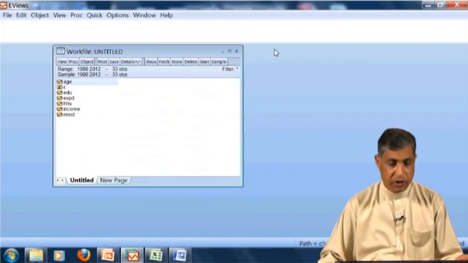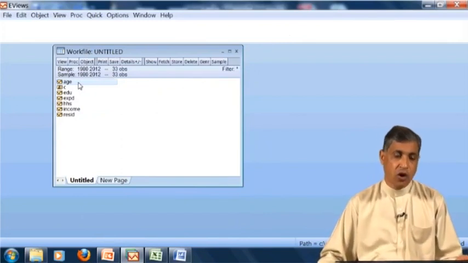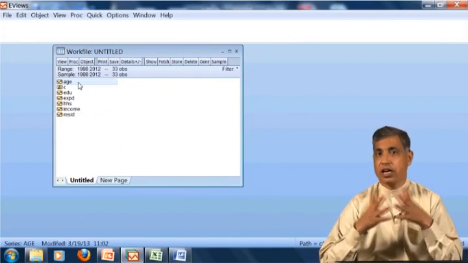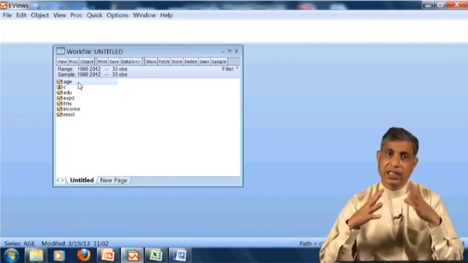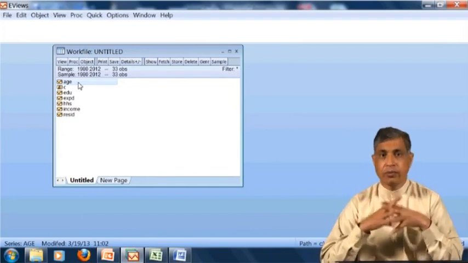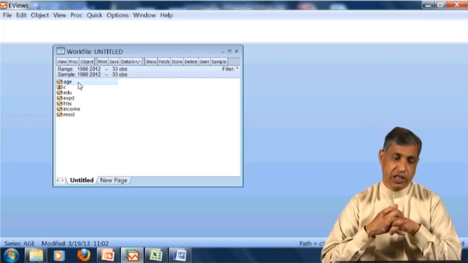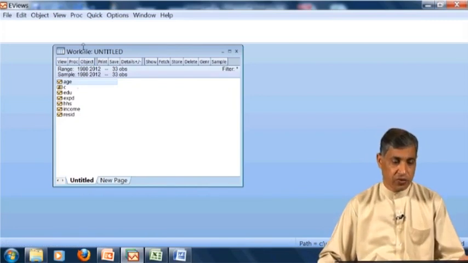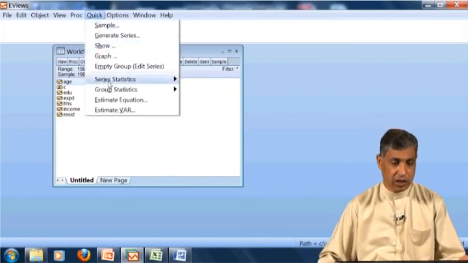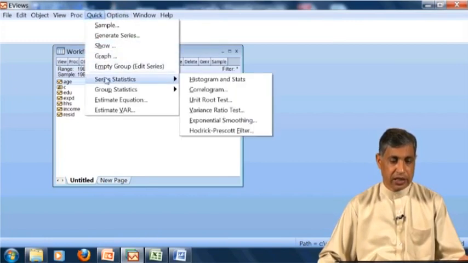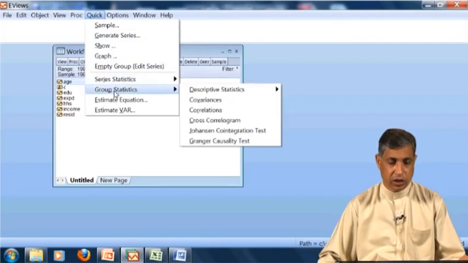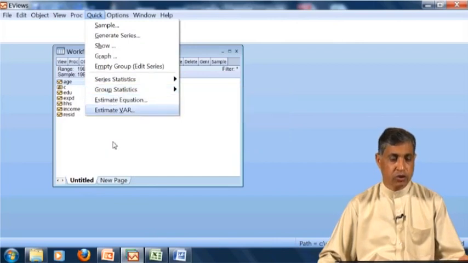So what we will be doing here now, first, is to see the graph of a variable, because it gives you a general picture. And I remember that we studied that first of all we would like to see the graph. If you double click this, go to Quick, and this is the series statistics, this is the group, and I think this is not the situation.